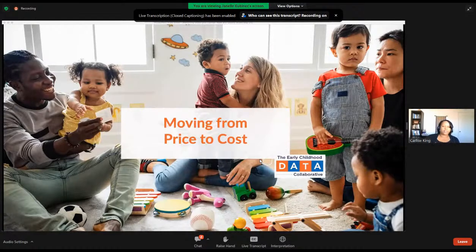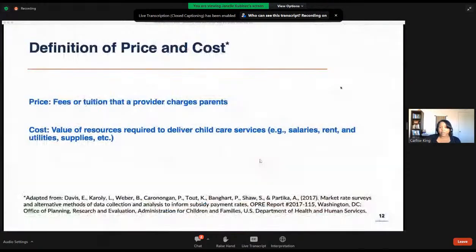And I know you guys have talked about this a little. I'm not going to go into detail, but it's mainly just to refresh before we talk about ways to embed equity in a new cost model. So price refers to fees charged to parents and corresponds to the amount paid by families, while cost refers to the value of the resources needed to provide childcare services and corresponds to the amount paid by providers